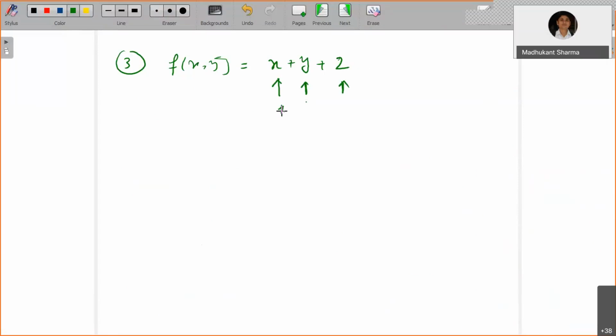Okay, so it has a degree 1, it has a degree 1, and it has a 0 because there is no variable involved. So if a constant is there, we just delete it, throw it out. This will not play any role. This will be taken as a degree 0. So in conclusion, one of the terms has a different degree than the others, so it's not going to be homogeneous. Okay, let me take another example.